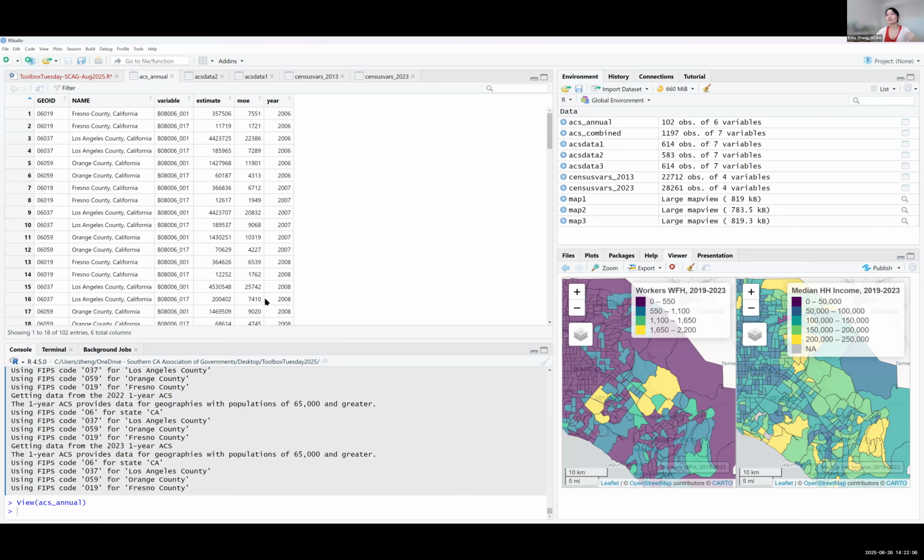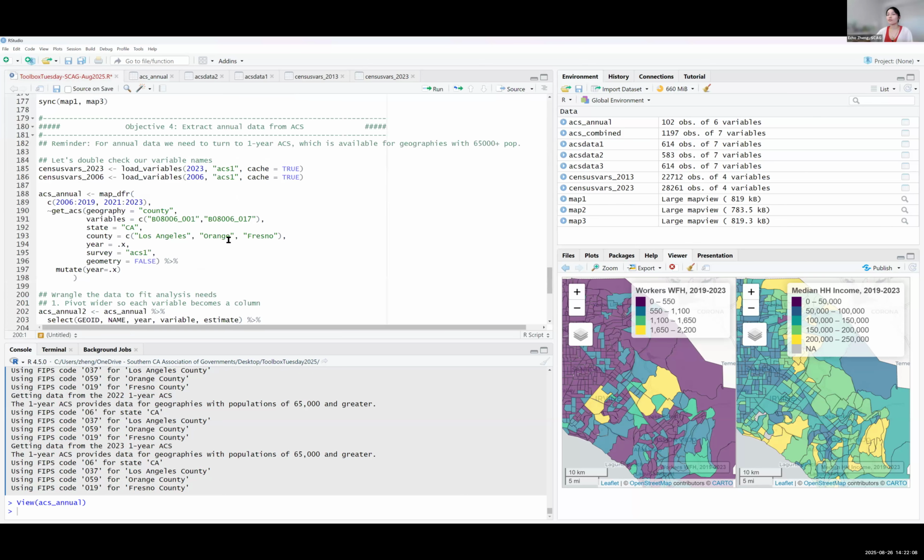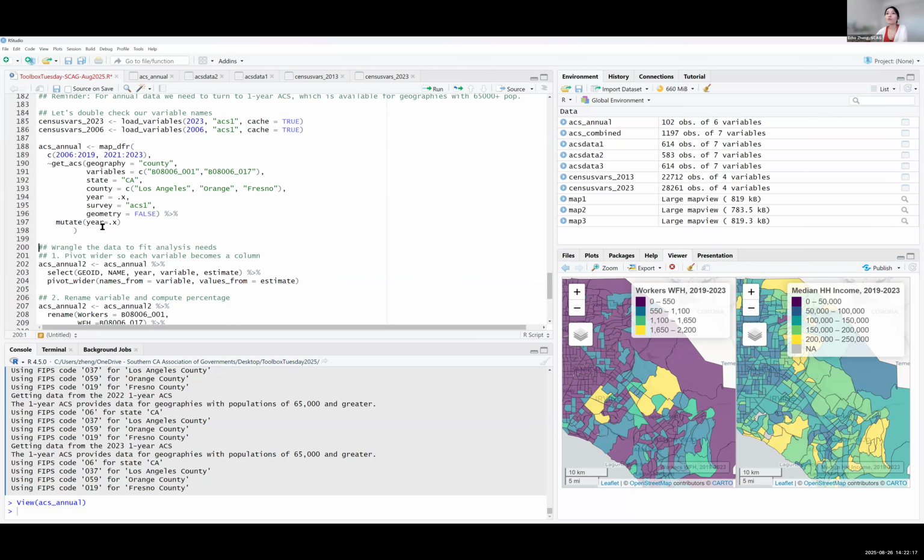So that saves you the trouble of downloading each year from the census website or other data sources. And hopefully, you don't have to memorize the codes.